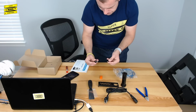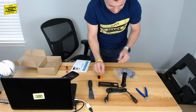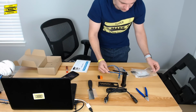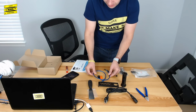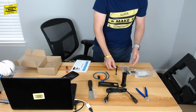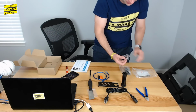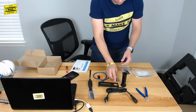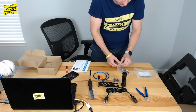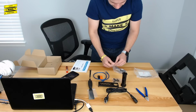So not quite sure what's on either of these, but certainly something that we can take a look at. Then we also have a USB cable that you can presumably use to plug the printer in directly to your PC. We have some zip ties for cable management. We have some M4 screws or bolts. And then we have, let's see here,